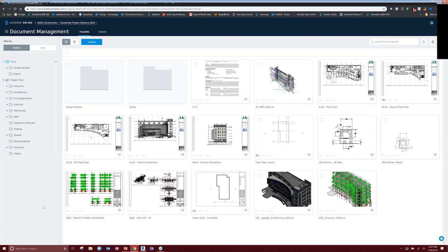Now, along the left-hand side here, you can see that I have all these different file structures, okay? Now, I'm not going to get into plans or anything like that. That would be a docs presentation or a document management presentation, which I'm happy to have at a later point in time. But just know that document management, and I know I keep reiterating this, is the spine even for design collaboration. So if I look under project files, you can see that I have folders set up right now called architecture, interiors, mechanical, MEP, shared, structure. What those files represent,